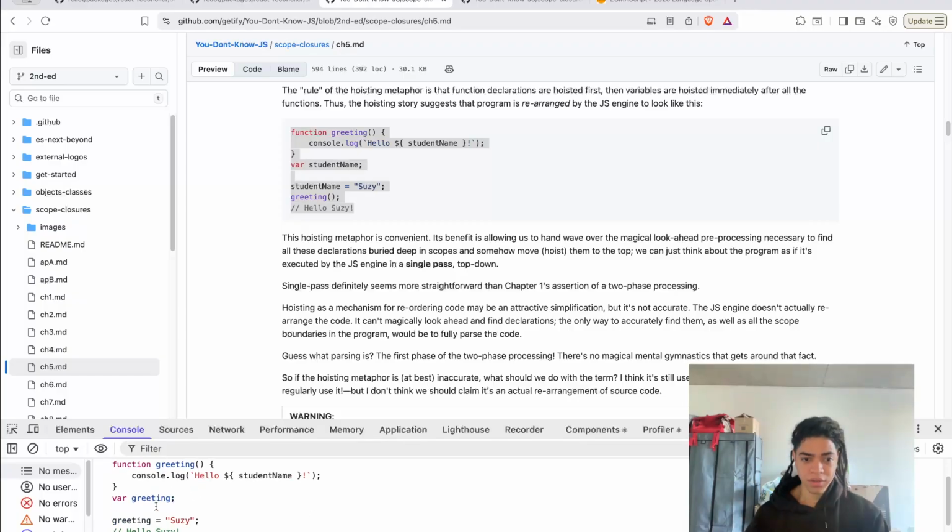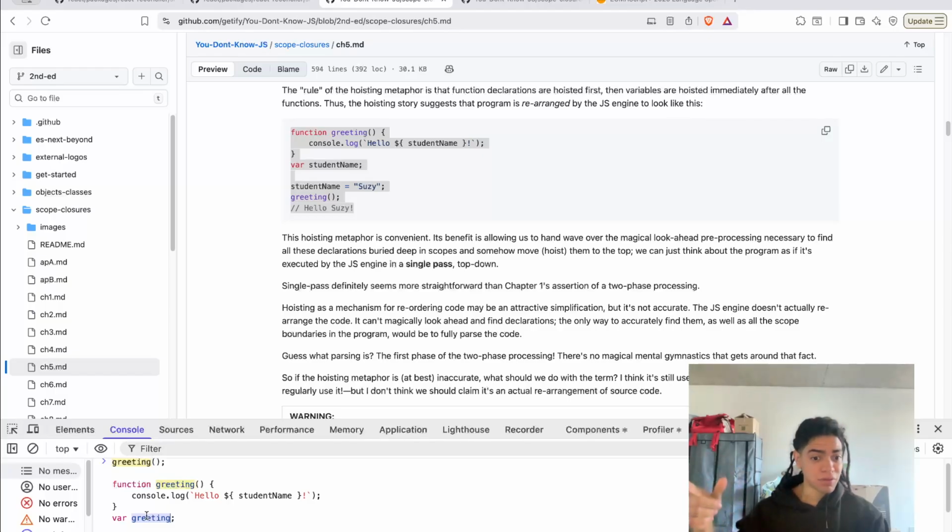It'll work, or it'll be var, right? Because in this case, you have function declarations and variable declarations, and both of them are identifiers. And since here the last declaration of the same identifier is var, and by default is initialized as undefined, greeting here, will it throw a type error or not.